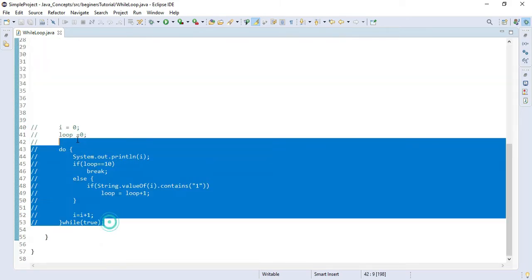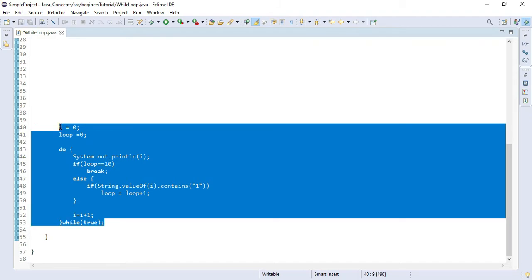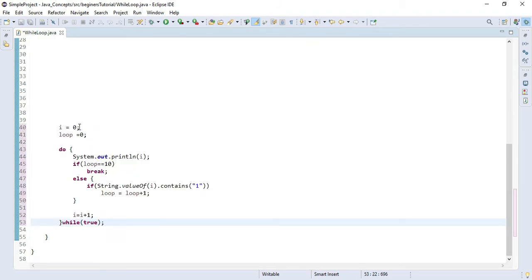In do while, first I have reinitialized these variables from 19 or 10 to 0 so that this do while will also work. I have simply written do and created the body of do.